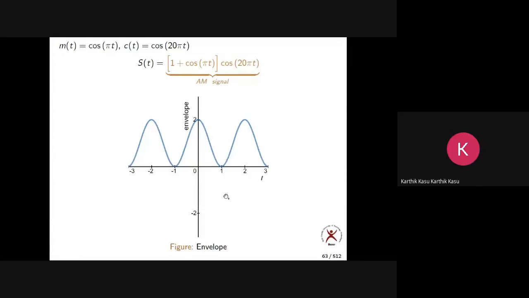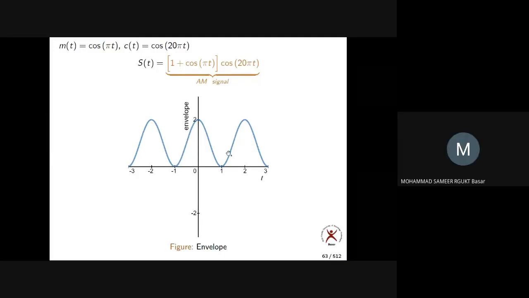Now if mu is less than or equal to 1, what can you say? The envelope is positive. Agreed or not? The first case, the third case. What is the first case? Mu is less than 1. The third case is mu equal to 1. In both these cases, the envelope is positive. Is it okay, all of you? Yes, sir.